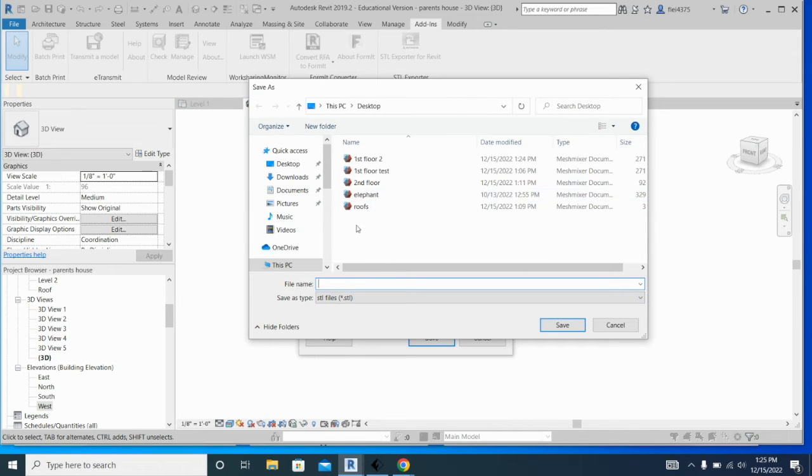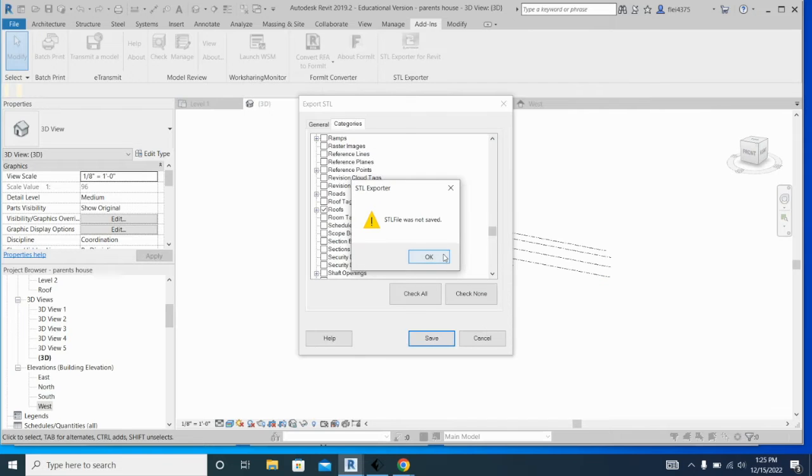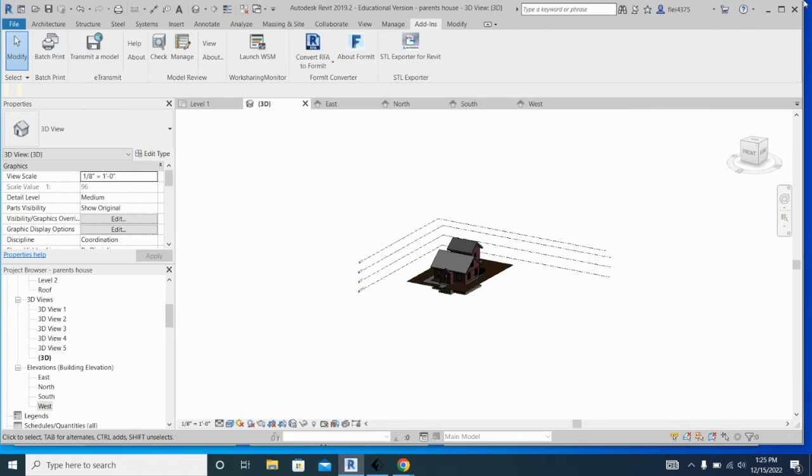And save, and then you save it as roofs. So once you have them all saved,